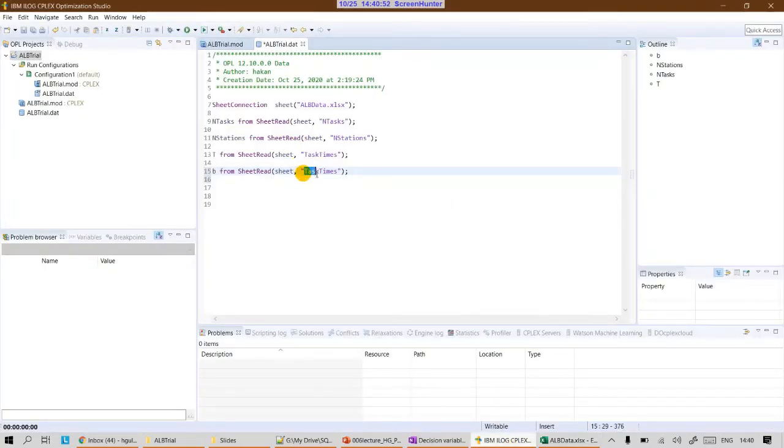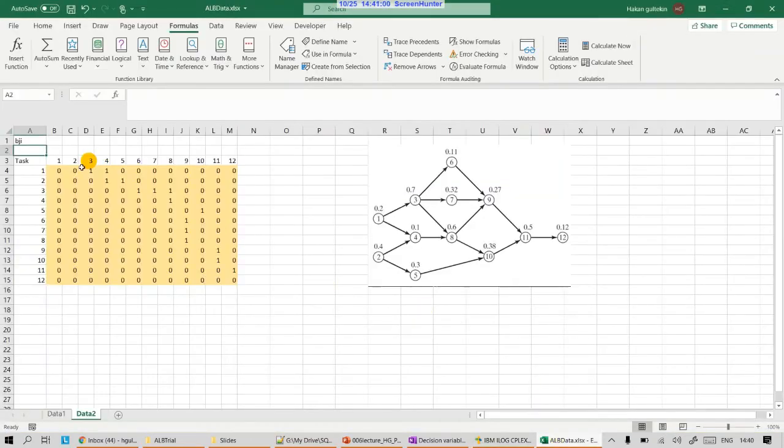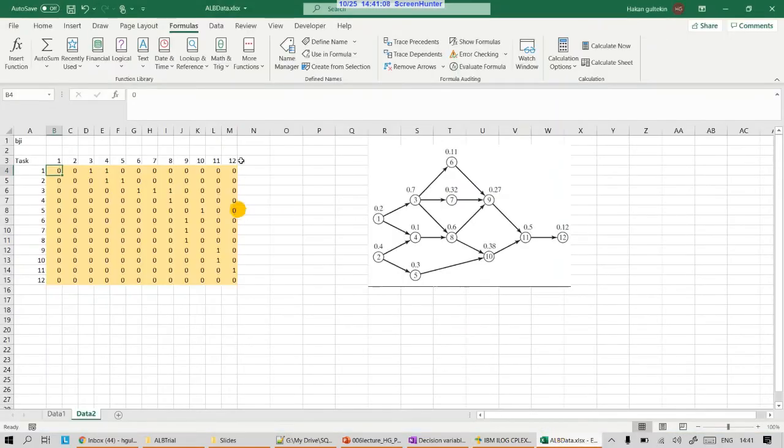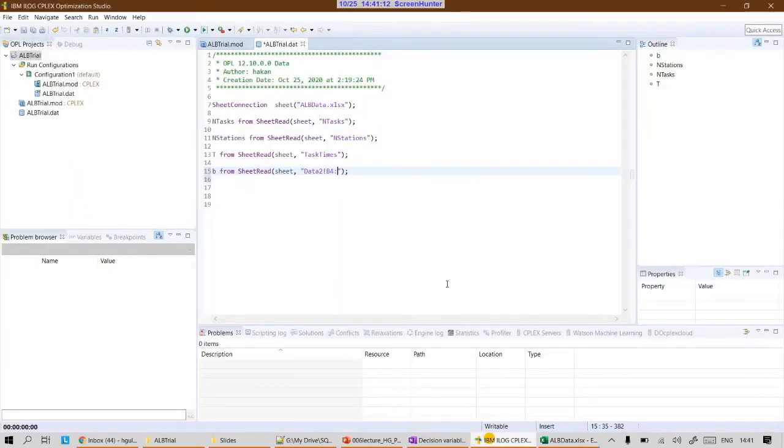So I'm going to write here data 2, this is the format, and it starts from B4, so B4 up to M15,